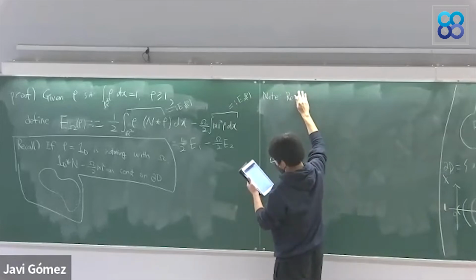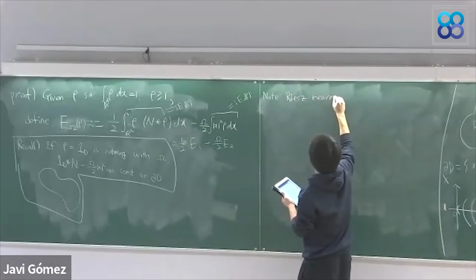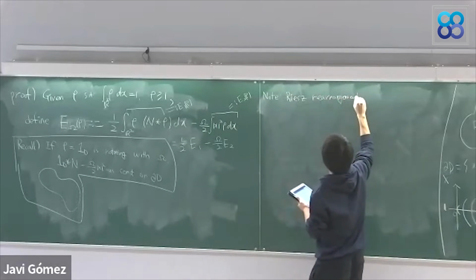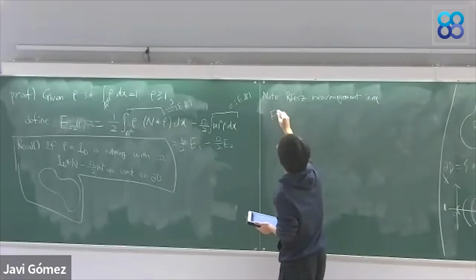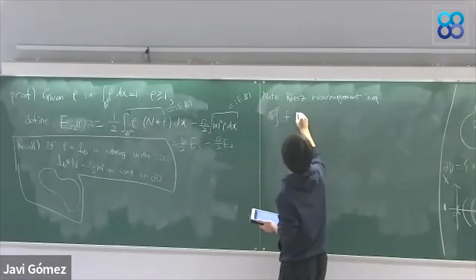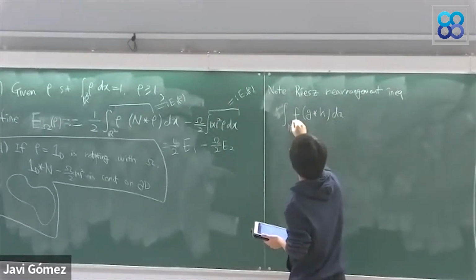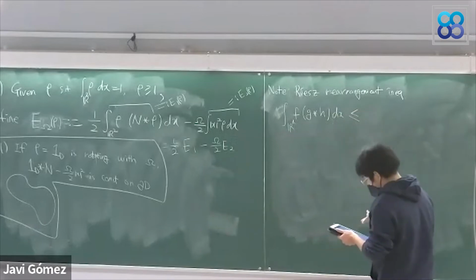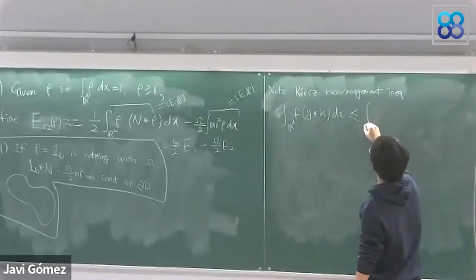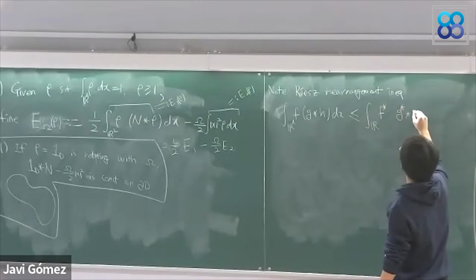Also spell rearrangements inequality. So what it says is that if we have three functions, that looks similar to our first functional, it is always less than or equal to F star times V star convolved with H star,